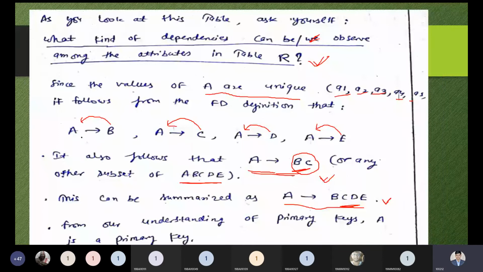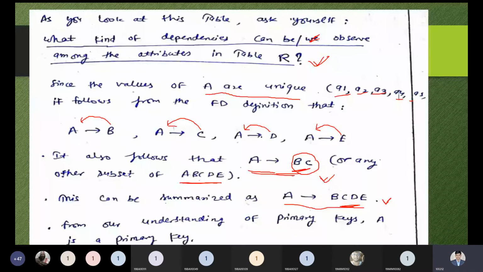So every record will depend on the A attribute for making the uniqueness. The combination of A and B can give uniqueness to all the records. By using A and C, we can have uniqueness in our tuples. By making the combination of A and D, we can make all the tuples unique, and there will be no duplicacy. I think you will agree with this point.